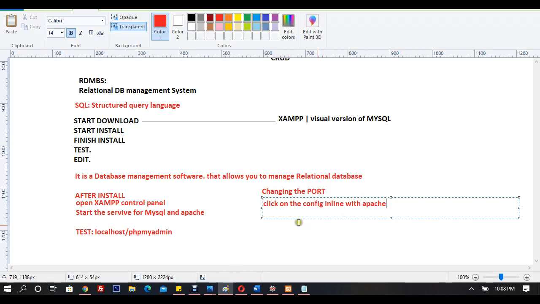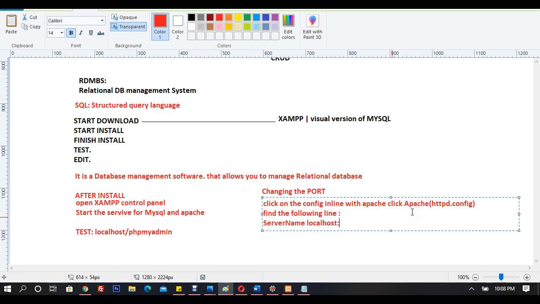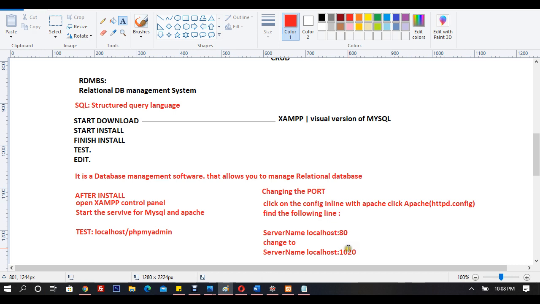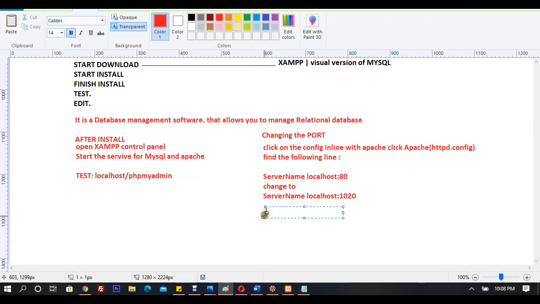I'll write it down here. Click Apache httpd.conf, find the following line, and by default it's going to be port 80 selected. Change to 1020. What you got to do is change to 1020, and now you got to test by using the URL